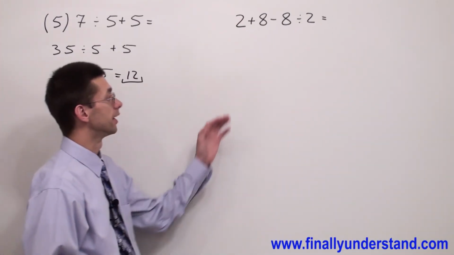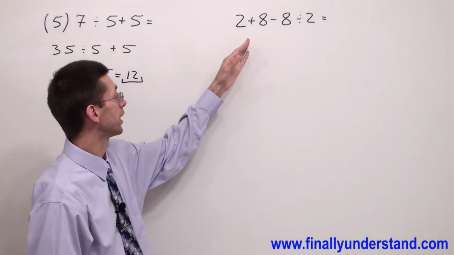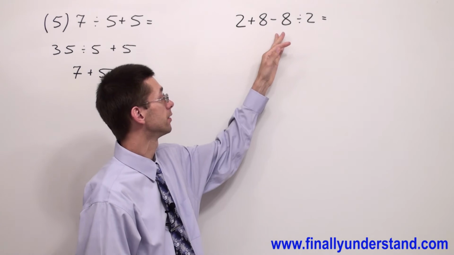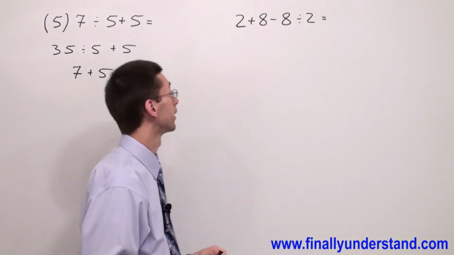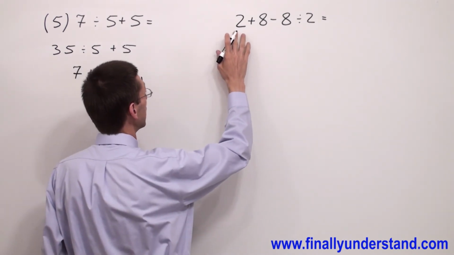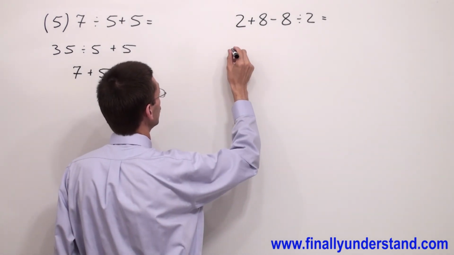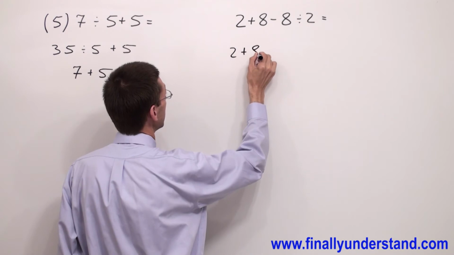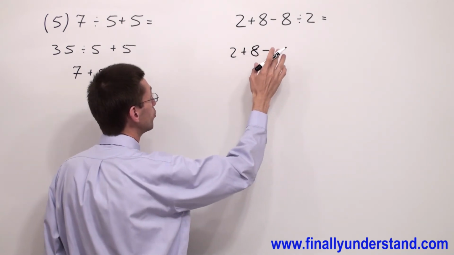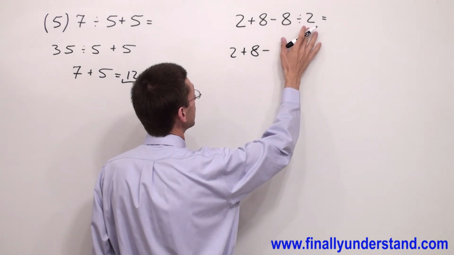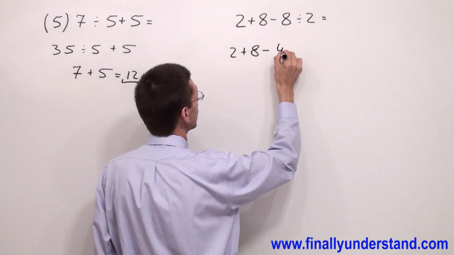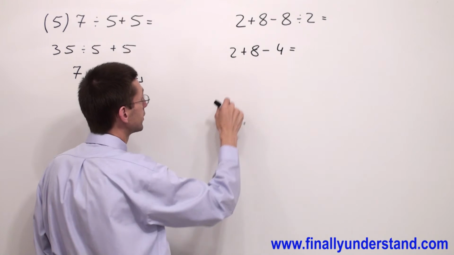Let's take a look at the next example. We have operations positive, negative, and division. We're supposed to perform division first. Let's copy down every number which we're not going to use. So I have 2 plus 8 minus, and I'm supposed to perform division. 8 divided by 2. 8 divided by 2 is equal to 4. Equals. Next, I have